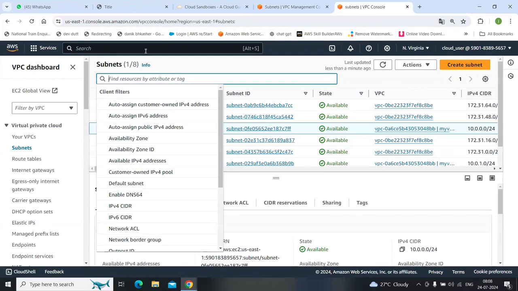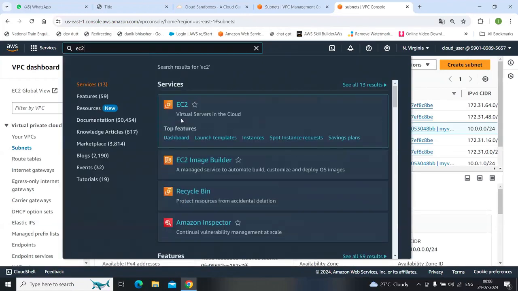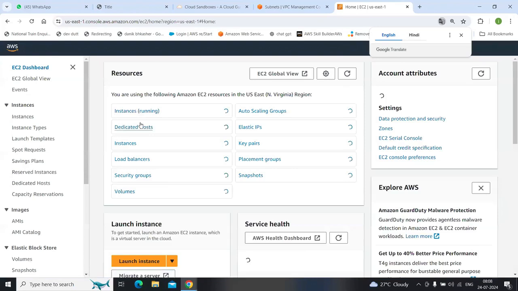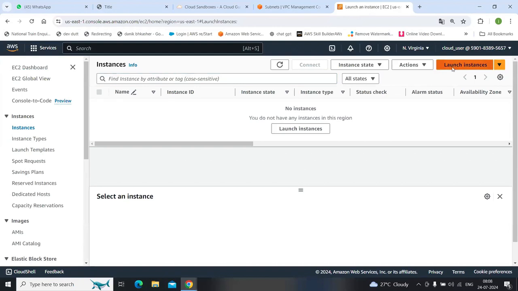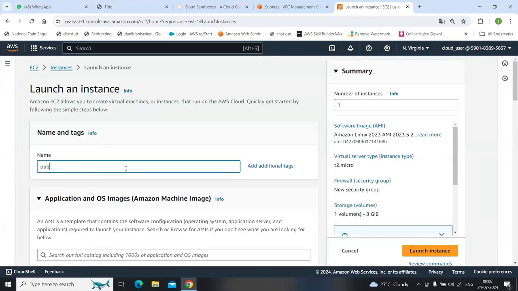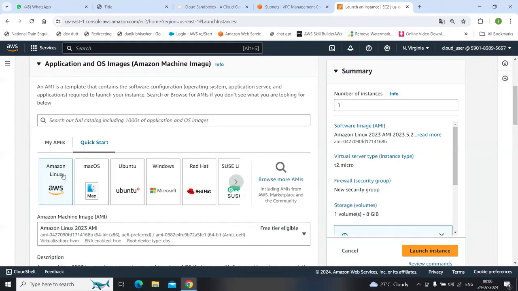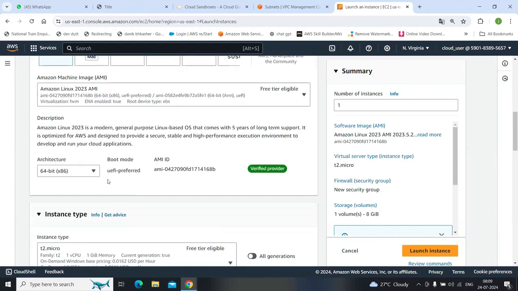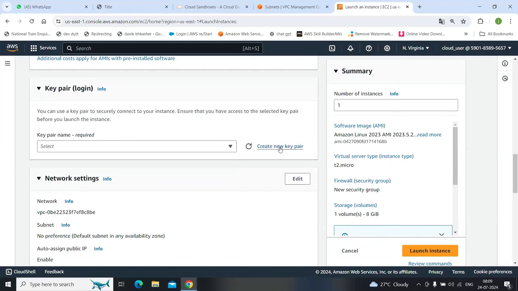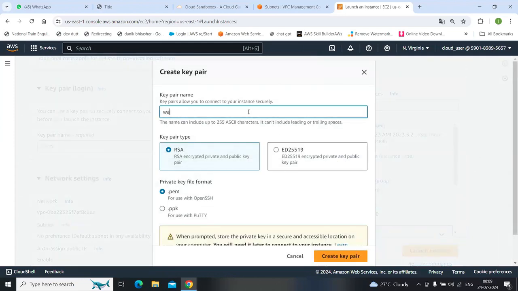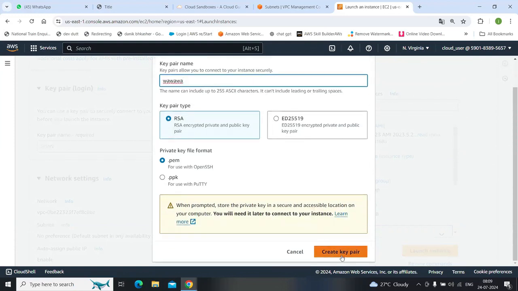Now I'm going to open EC2. Here I'm going to launch my EC2. Go to the dashboard. So go to the running instance and click launch instance. So I'm going to do the public server. Okay. I want to use this one and create a key pair name. So giving the name WA, create a key pair,